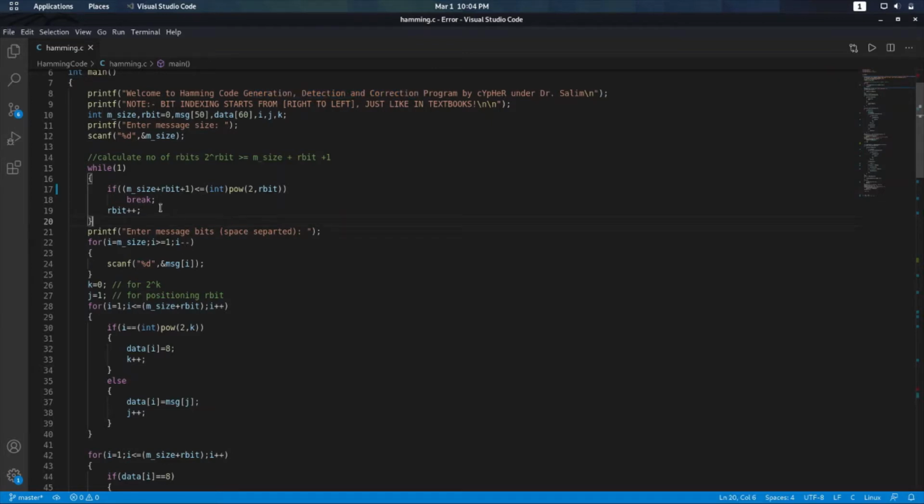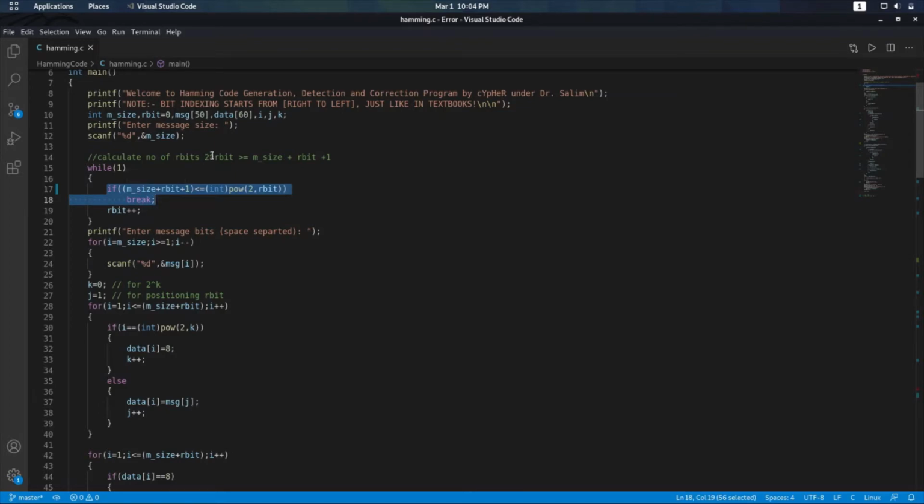Now, to determine the number of redundant bits, I am running an infinite while loop. In all the cases, I am incrementing the number of redundant bits, which was initialized to 0, unless I encounter this condition.